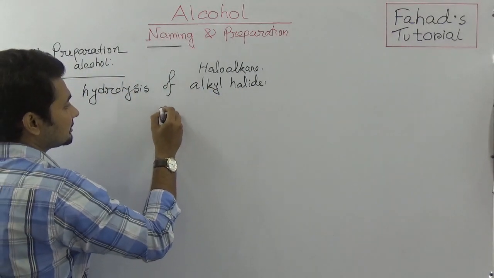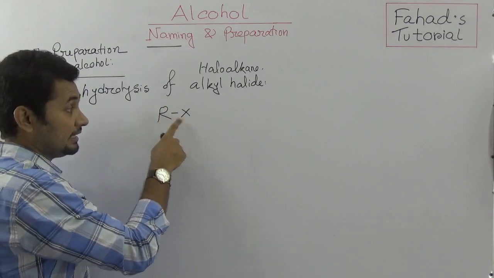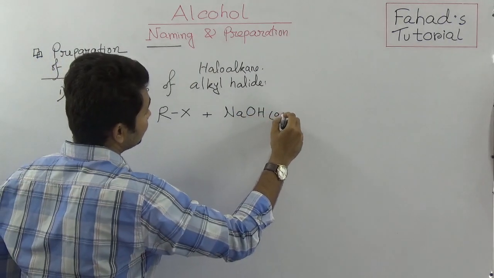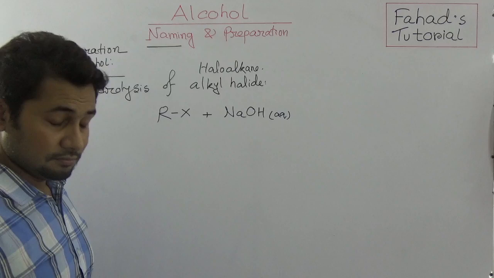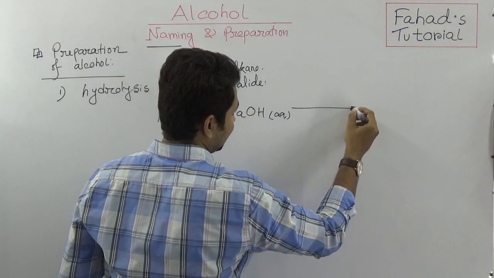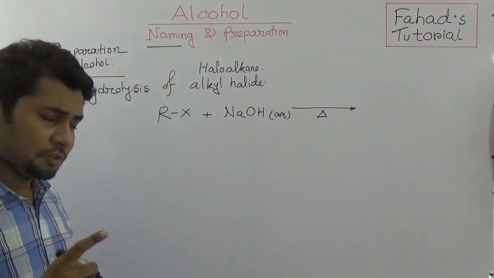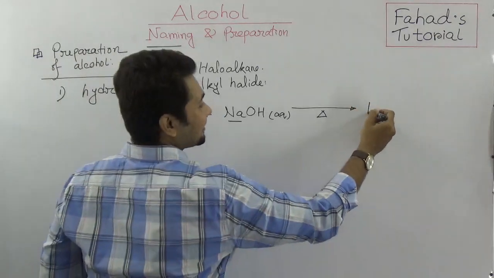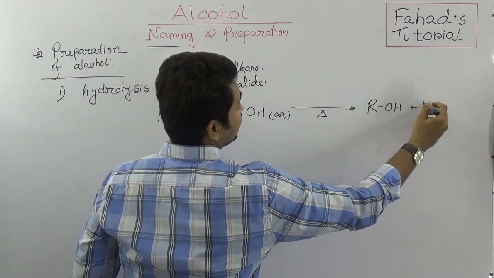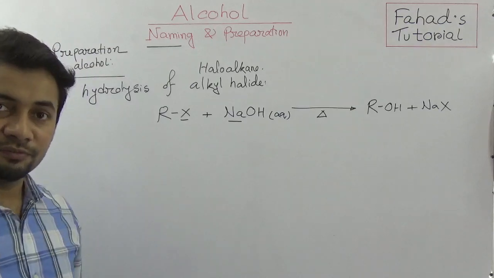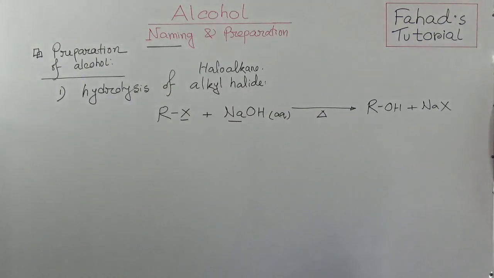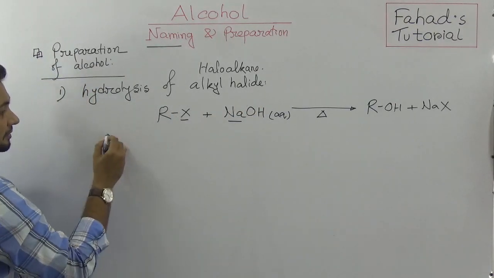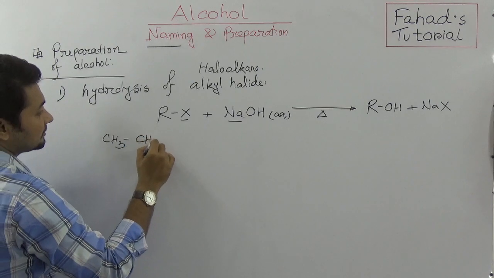How? Suppose this is RX, alkyl halide, is reacting with sodium hydroxide aqueous solution. Mind it, this is aqueous solution and temperature would be there. So this X and sodium, and then what will happen? ROH and sodium halide will be produced. Very simple. I hope you can see this. And in this case, soda, that means sodium hydroxide or caustic soda. Think about it. CH3, CH2,